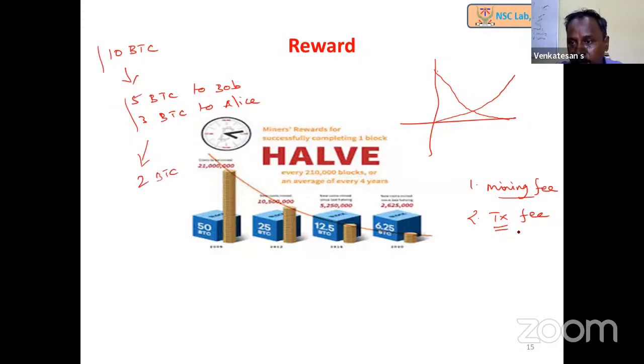So now the miner who creates the block will see this amount and find out that 2 BTC is the transaction fee. So the transactions will be ordered considering the transaction fee. If it comes in the top, then this will be taken for commit into the block quickly, otherwise it will be delayed. So let me tell how the transactions or blocks get broadcasted. So let's say the nodes are connected like this.